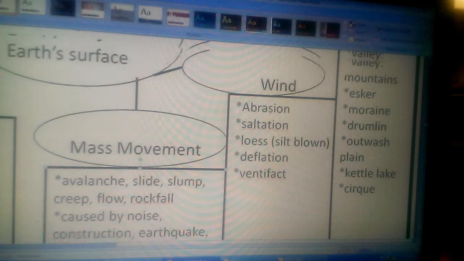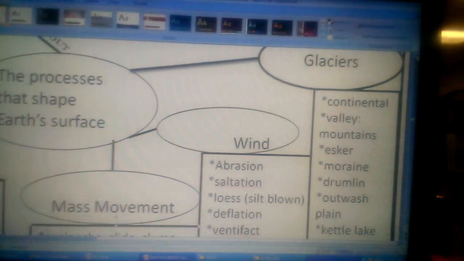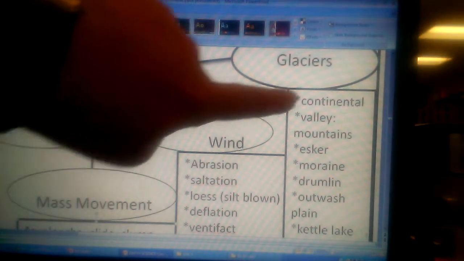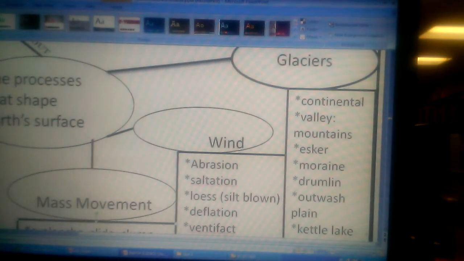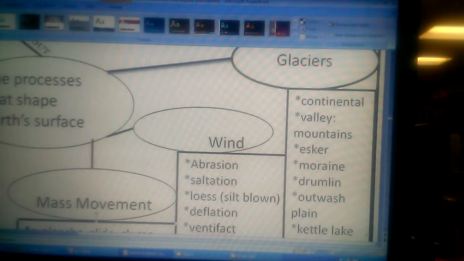So now let's go ahead and focus in on glaciers. And now glaciers can be a little bit more information than maybe you thought you were going to be focusing on. But there's two types. You have continental glaciers and valley glaciers. Continental forms from accumulation and recrystallization of snow on a large area. So basically snow falls, it freezes, and it makes a glacier on a very large area. That's a continental glacier. Valley glaciers occur in the mountains, and they're usually a result of heavy snow accumulating at the top of a mountain, and then it slides down,